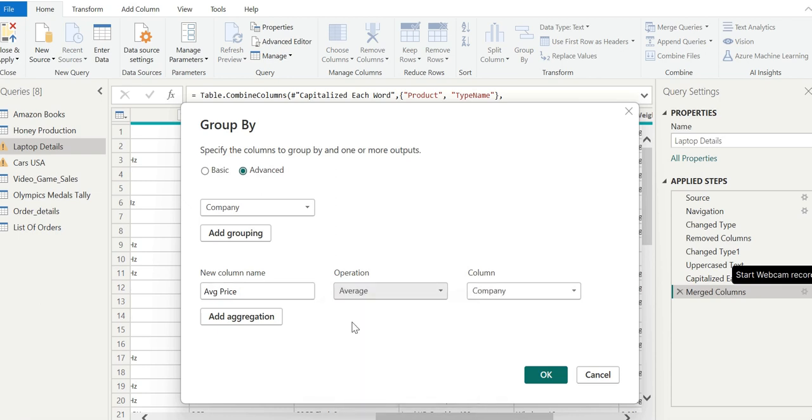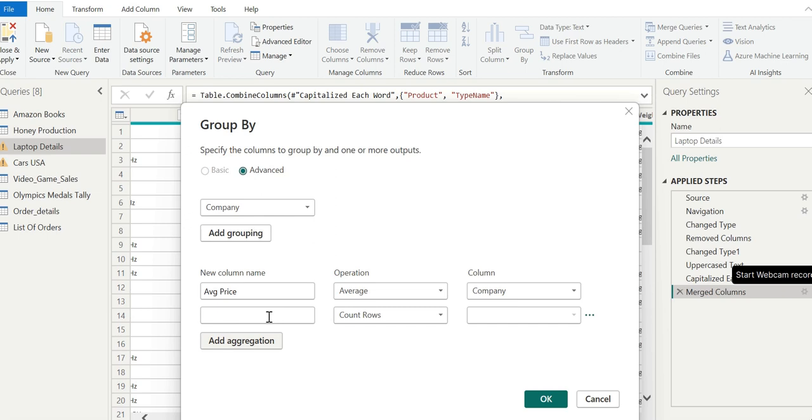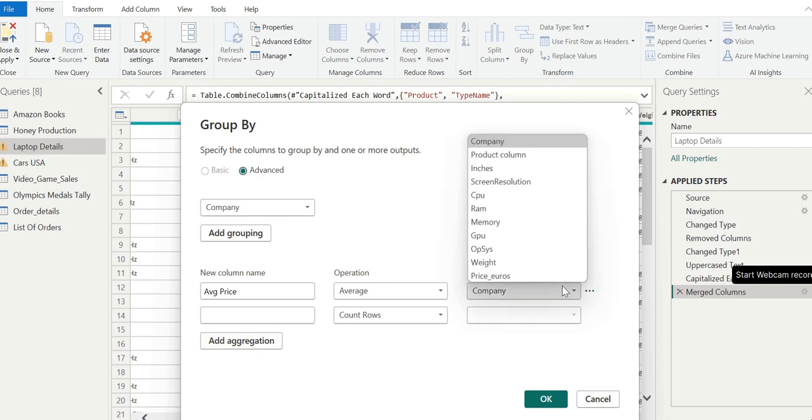Now we will need to define the column on which this aggregation needs to be performed, for which we will add a new column. The average price is calculated on price in euros, since an average value can be determined only on a numerical column.